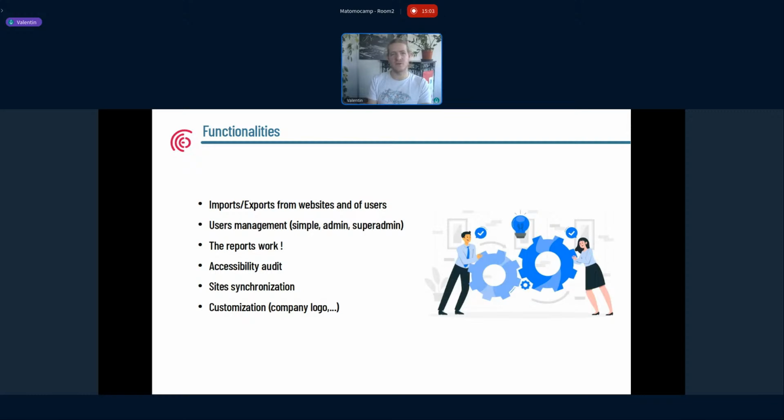The user aspect is managed by our application. User management is separated into several roles: simple users, admin users, super admin users. I will show you just after this slide, in the demo, how it works.